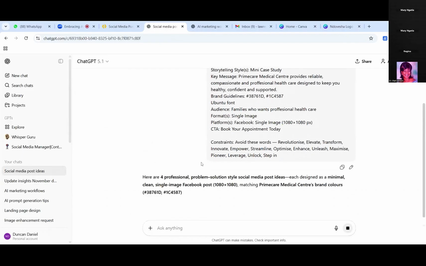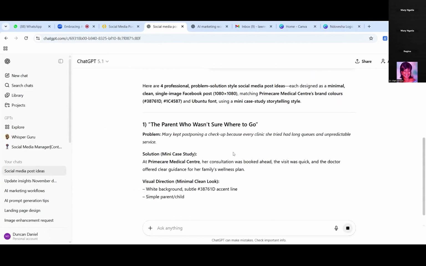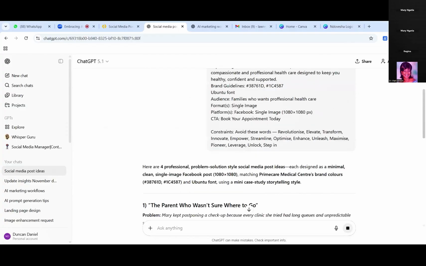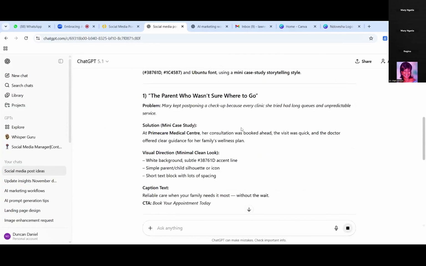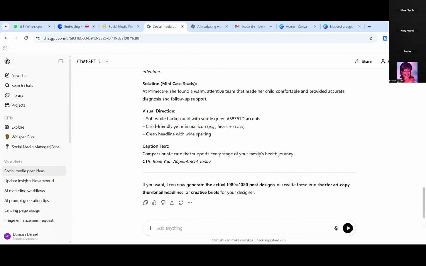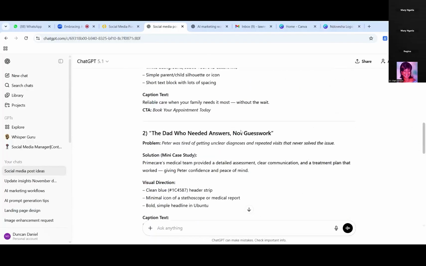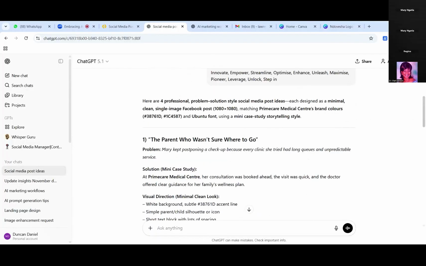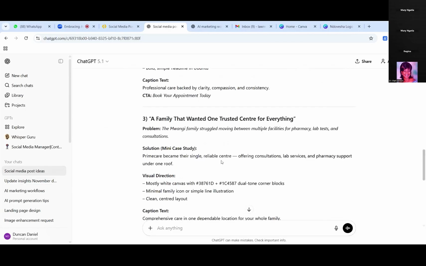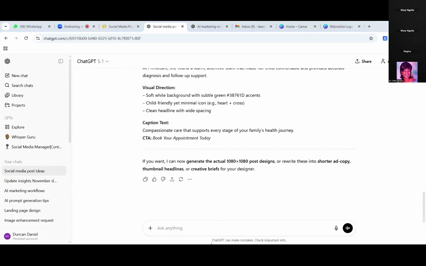So let's see. So it's generating. So I have my posts here, the four of them. So now I want the creative that I can go ahead and post on social media. So I'll just come here and click on generate